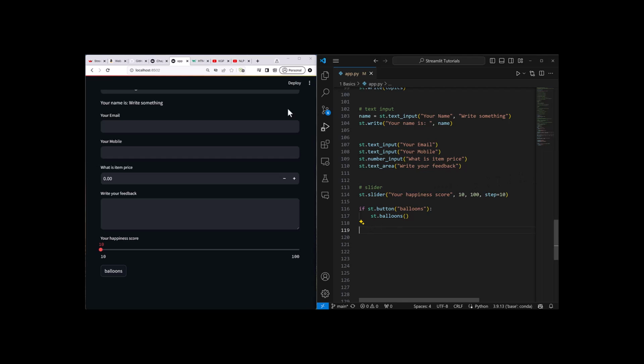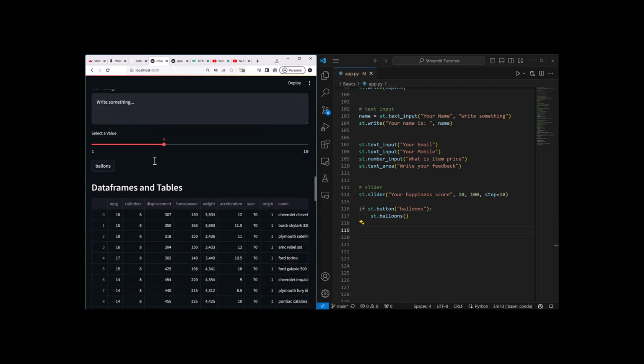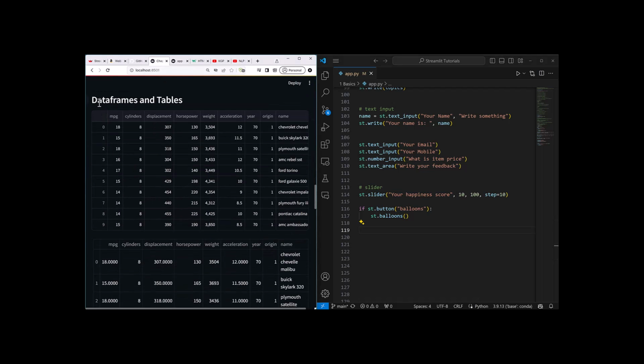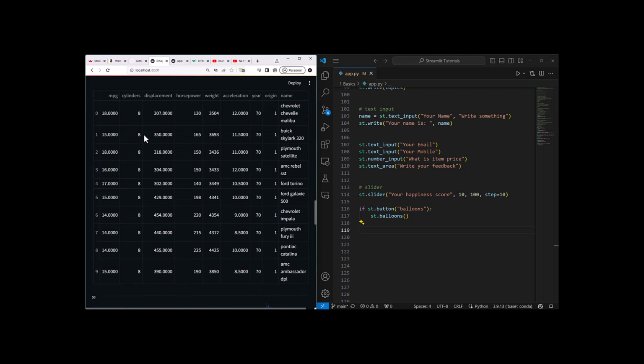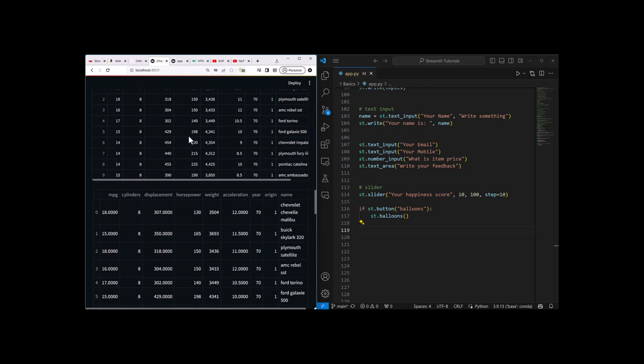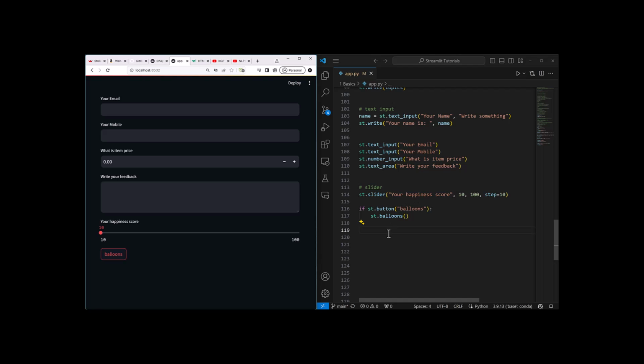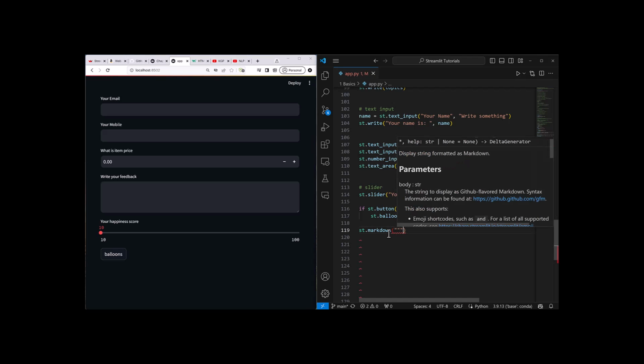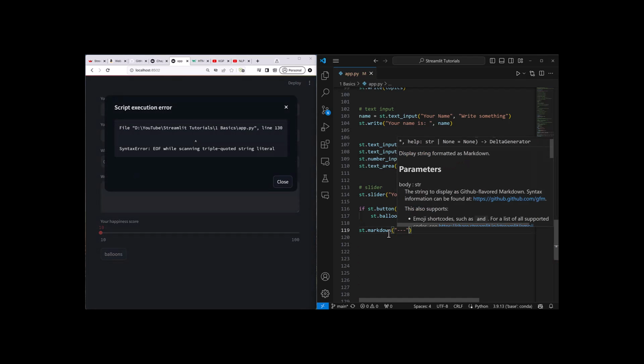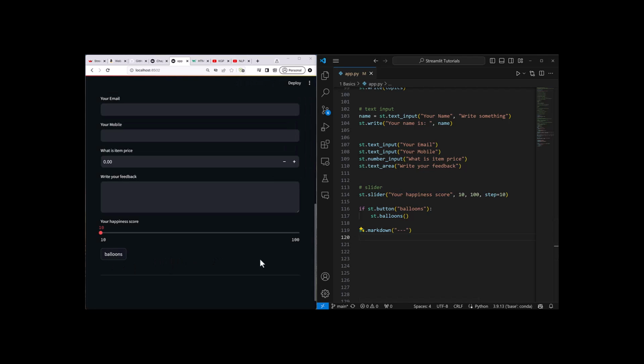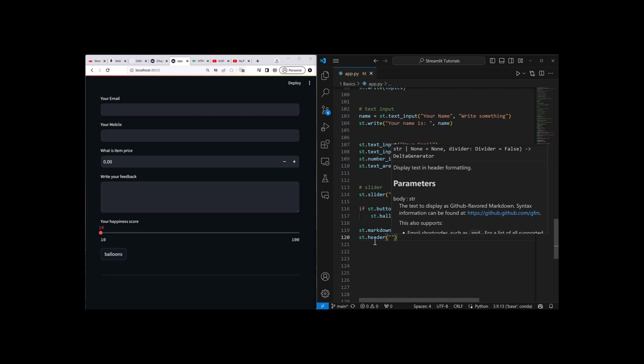All right, so that part I had shown you in the sample Streamlit application. You can also read your file and then show those files in the form of tables, in the form of a data frame, to the customers. So I write here st.markdown, and then I'm just going to put here three hyphens just to place a divider here. Thereafter I write here st.header, and thereafter I write here